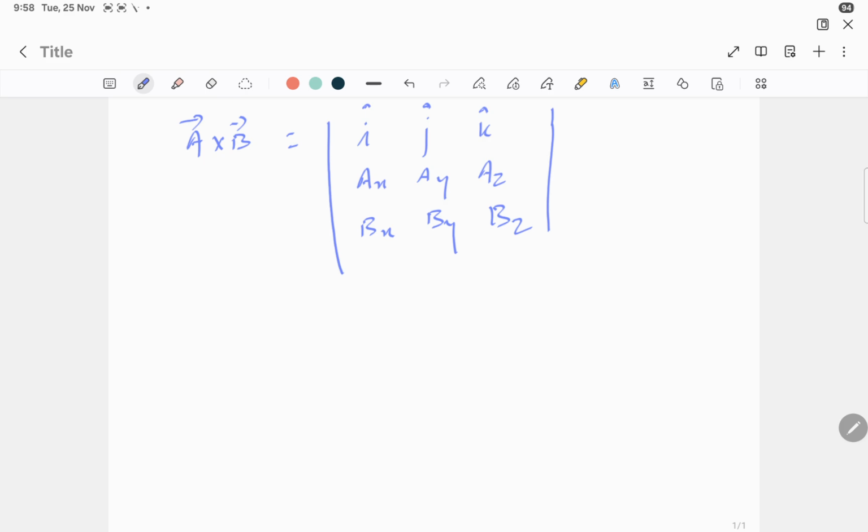So applying to our definition of torque, I can write torque is equal to r cross F is equal to